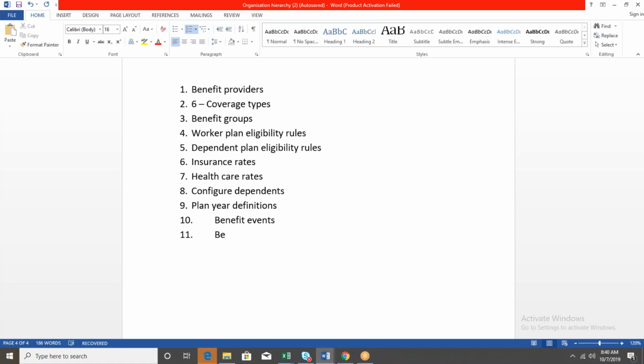Then we are going to learn benefit enrollment event rules. Benefit enrollment event rules are one of the trickiest setups. It's like a centralized control. For example, what is the waiting period for the employee to enroll into the benefit? An employee can enroll dependents as well into the benefits. When the deduction should start, from when the benefit coverage should start, and from when this benefit coverage should end. All those details will be maintained on the enrollment event.